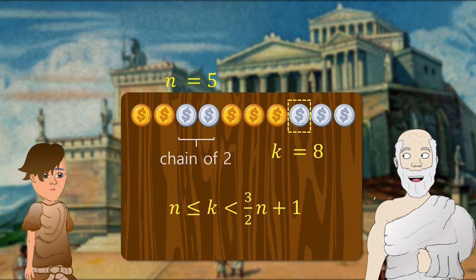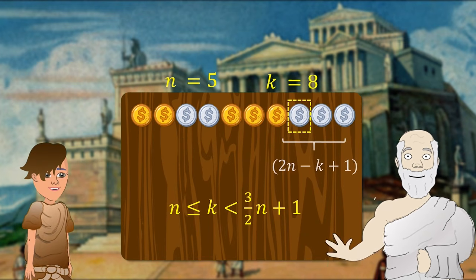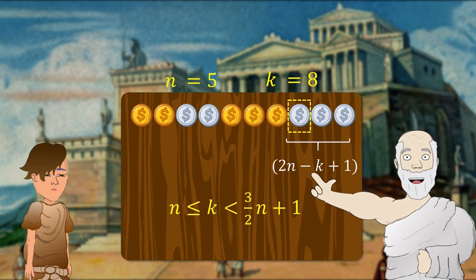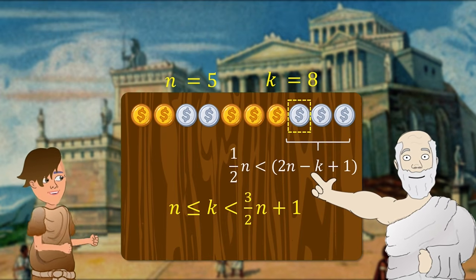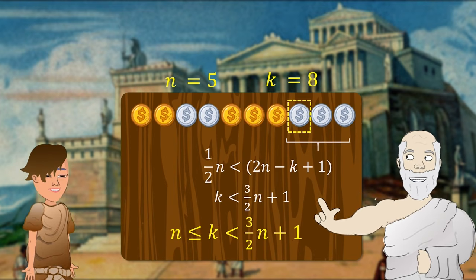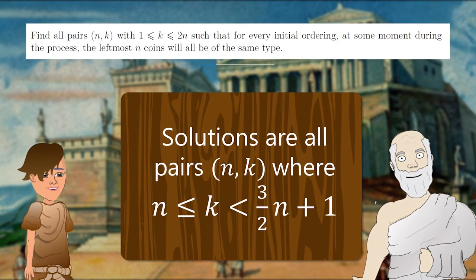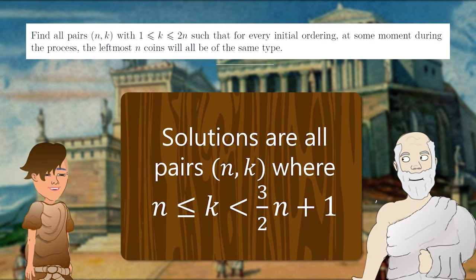You are correct, boy. Algebraically, we could express the distance from the kth position to the end of the row in terms of n and k, require that it be greater than half of n. This gives the upper bound as you stated, which applies for even or odd n. Well done, my boy.